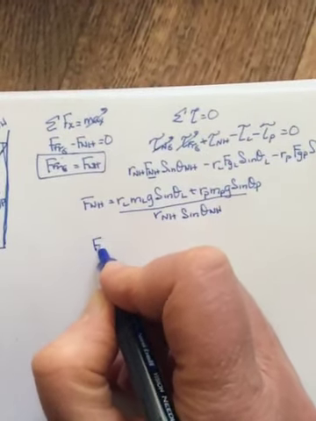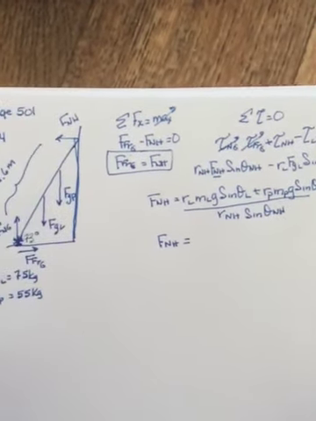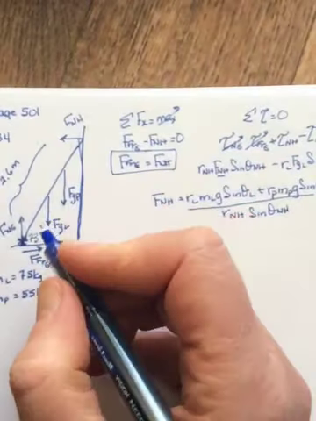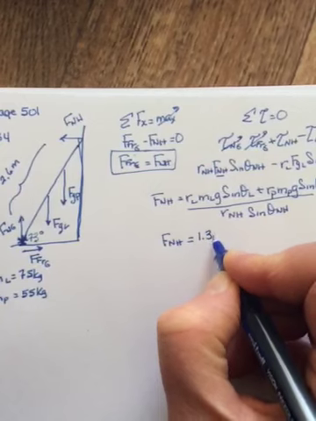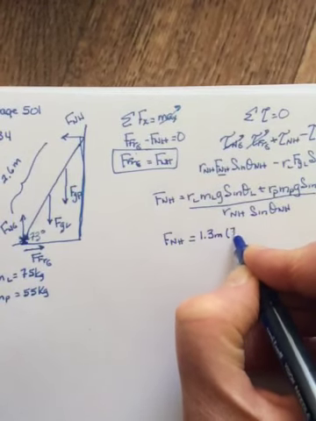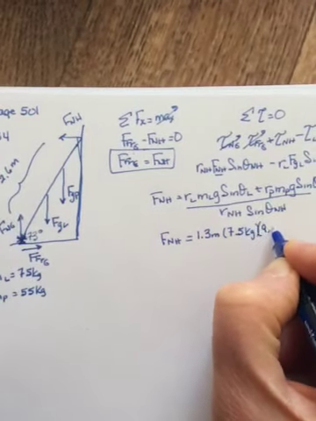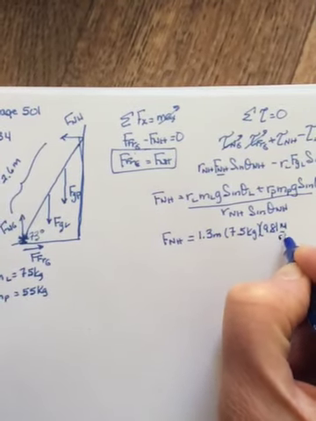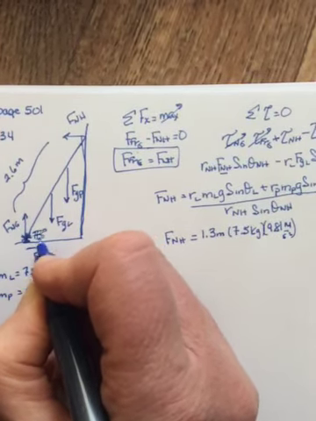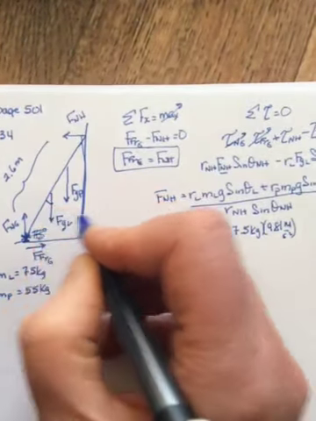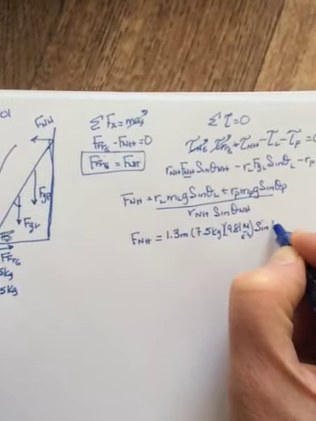Okay, and so now we can fill in our values. It told us that it was a 2.6 meter uniform ladder, which means the R for the ladder should be 1.3 meters. Told us the ladder's mass was 7.5 kilograms. g is 9.81 meters per second squared. And the angle at the base of the ladder is 73, which means the angle up here should be the complement of that, or 17,